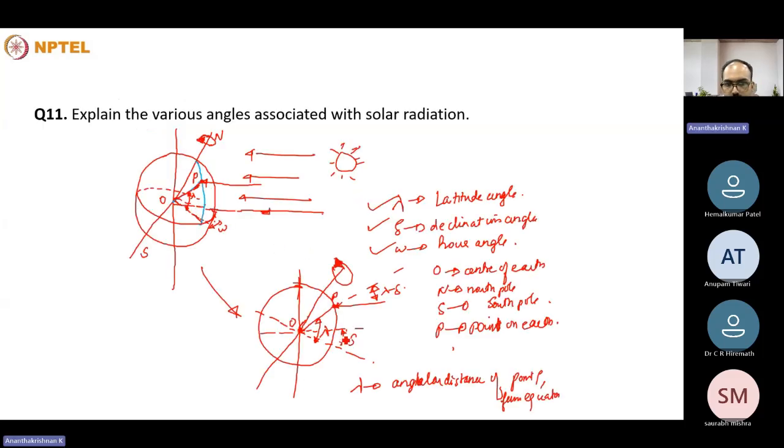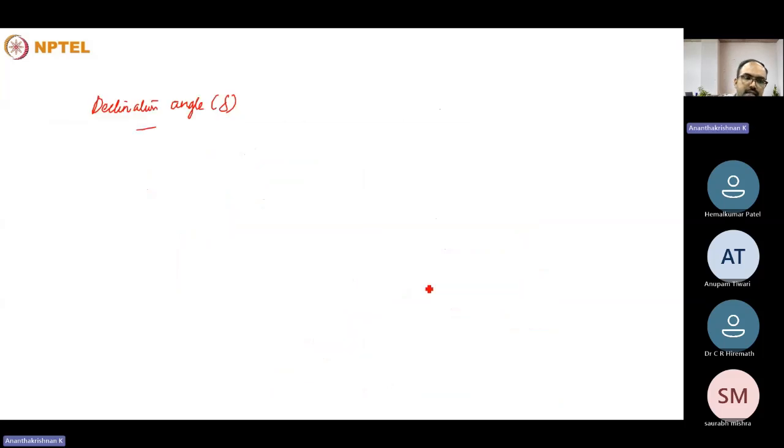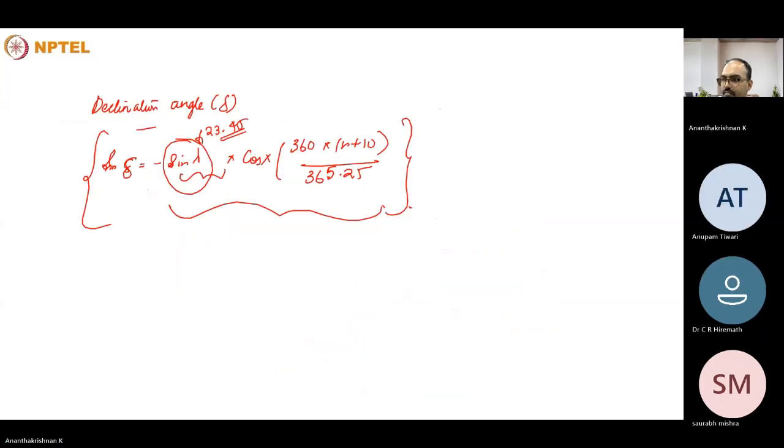So in this one, this is called delta, and at some part of the year, the sun will be at an angle, it will make an angle delta with respect to the center. So this is a declination angle,